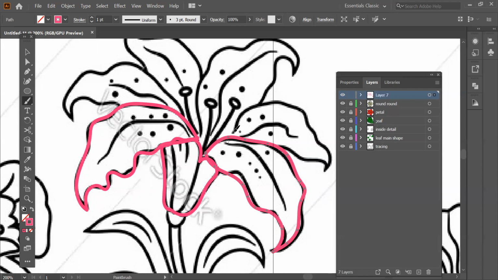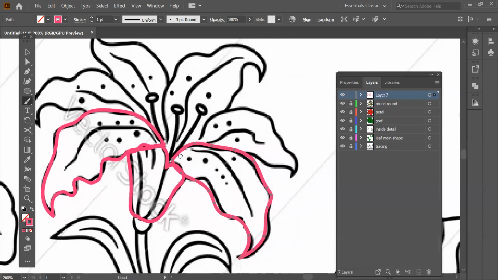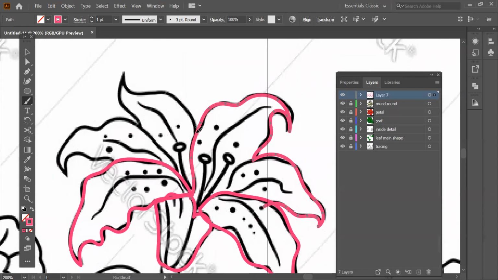And it's okay if you make some mistakes because you can always edit it. Now these two petals I want to look like one. So I'm just going to make it into one. It's okay, mine is also coming a little bit zigzaggy, but I can always edit it. Okay, this one got a little bit long.